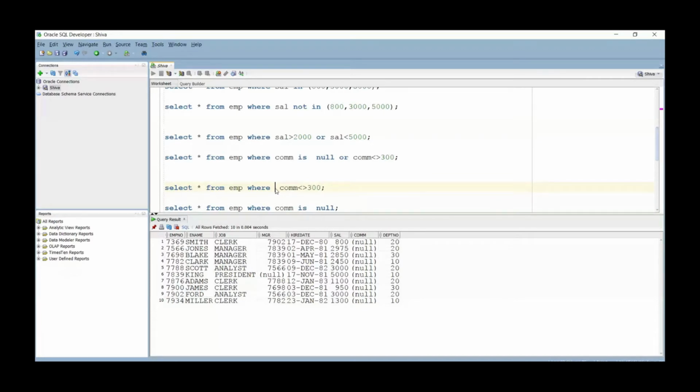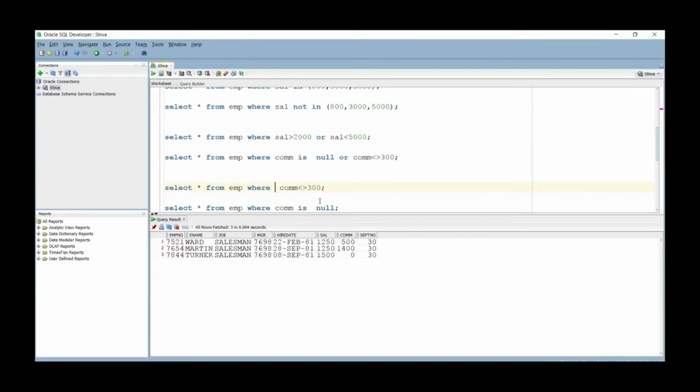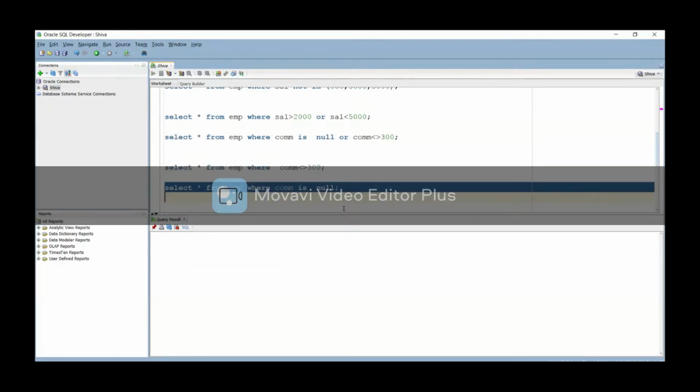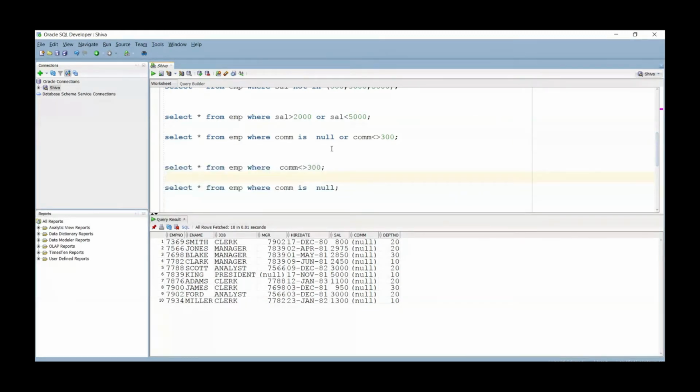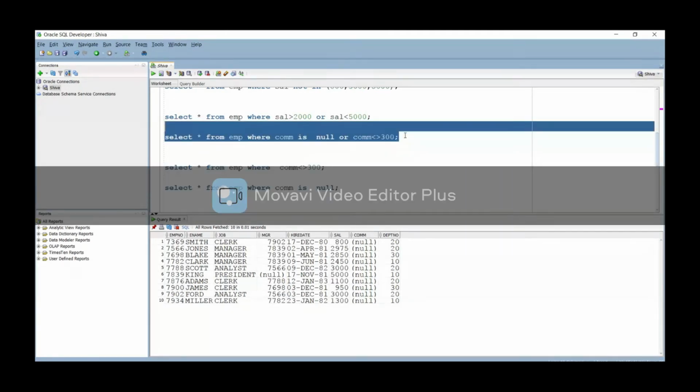Commission not equal to 300 gives you 3 records, and the null condition gives the others, so here you will get 13 records. It is just appending these two results and providing them to you. How will you append those results? I will explain with the set operators. Now we are able to get the result. Our requirement is achieved with the OR operator.